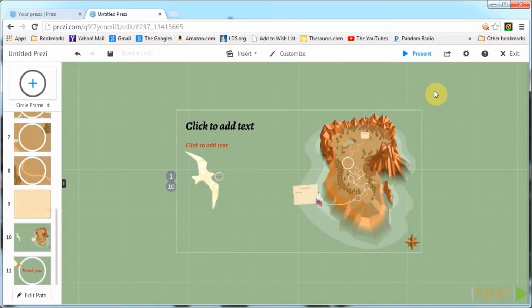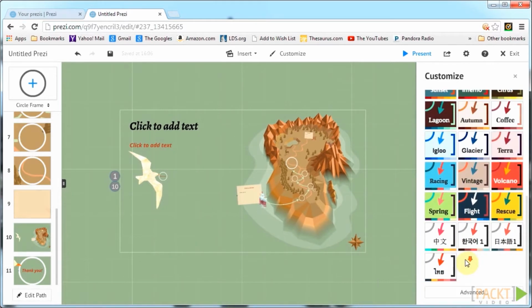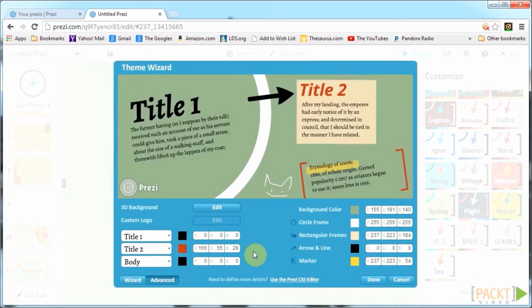So last time we took a look at the normal theme wizard and what it can do to customize your theme. This time, let's take a look at the Advanced Theme Wizard and its capabilities. Remember, go to Customize and Advanced. This is the Advanced Theme Wizard. As you can see, it has all the features of the normal theme wizard, but it also has much more